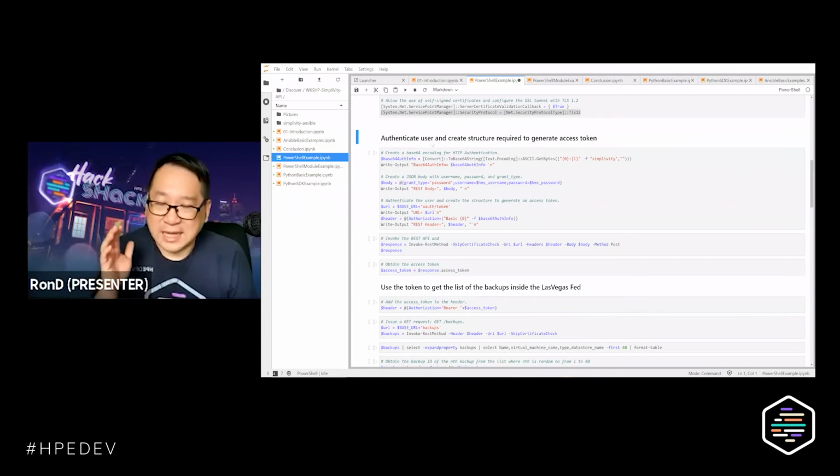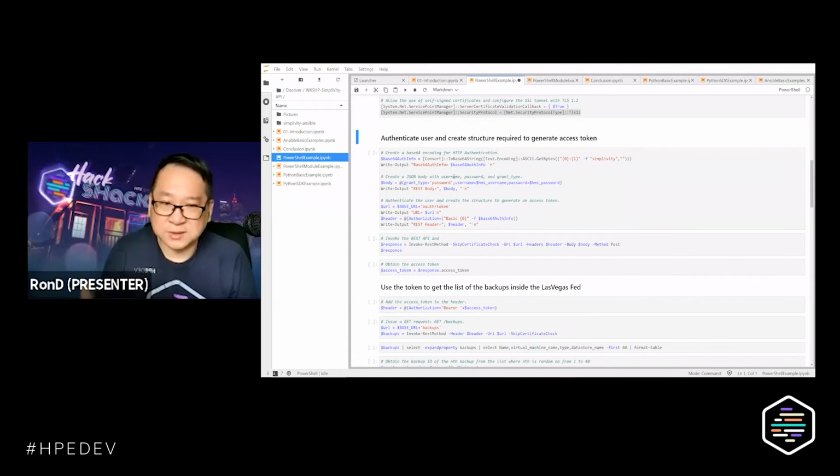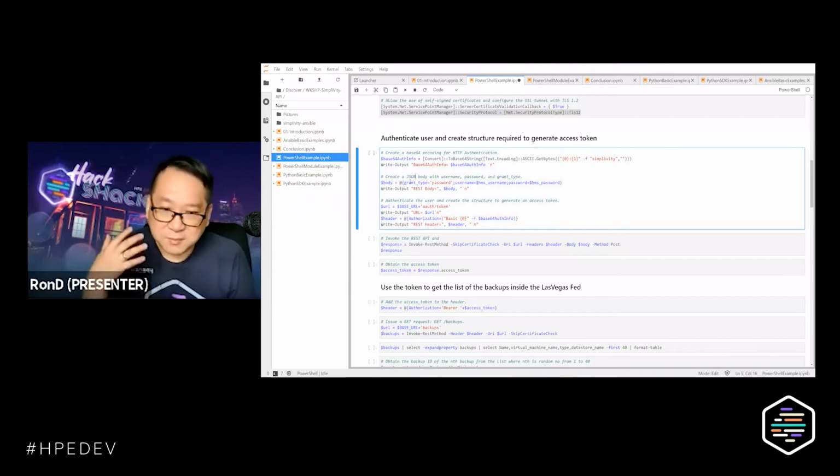So now we got all the parameters that we needed in order to log in, and we set the security protocols to ignore the SSL certificate because it was a self-signed certificate. We will actually perform the operations to get the OAuth token. So SimpliVity REST API is performing the authentication using OAuth 2.0. You can Google it for better understanding, but basically what it does is authenticating using the username and password.